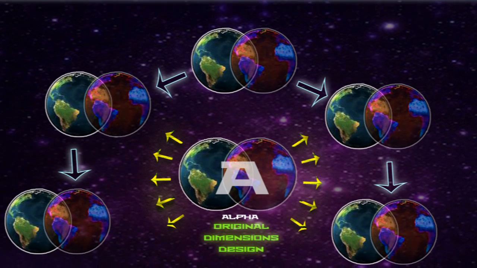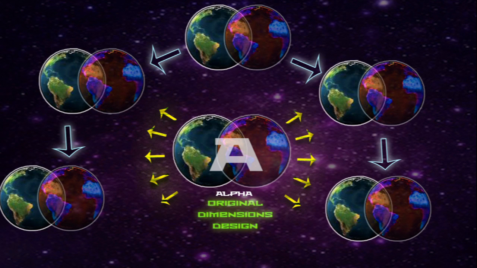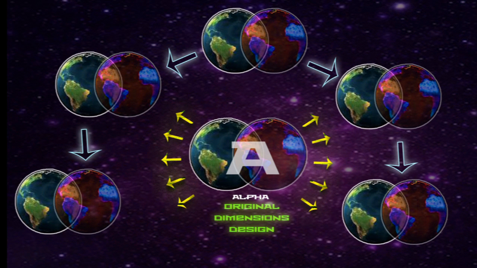If we look down below at the bottom, we have the alpha original dimensional designs. In that is the original design of this dimension. It wouldn't have been the Sagittarius arm, it would have been a long time ago, but that's the original design of God's creation of this dimension. So Earth has always looked like this, but changes off and off. Actually, I can't say that, because a long time ago, before the mirrors and at the very beginning, it could have looked entirely different. But what I'm trying to say here is that what has happened with the Mandela